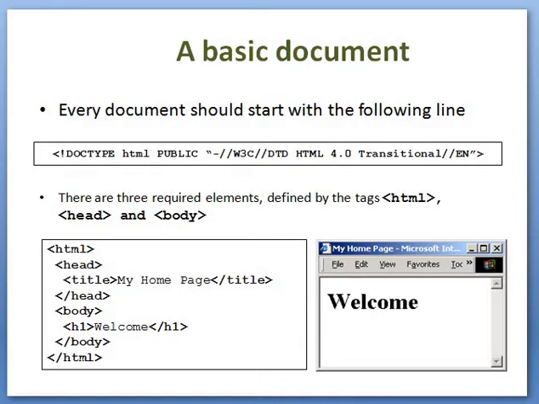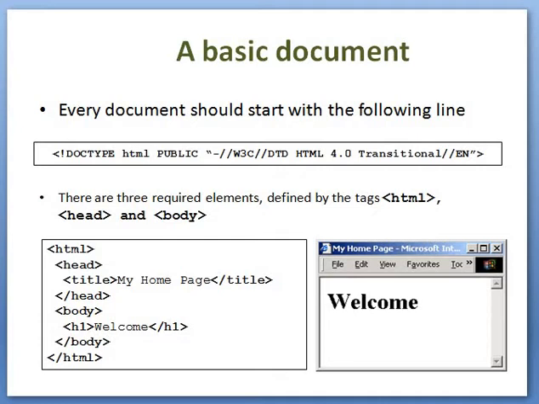Now we see a simple HTML page example code. For creating a simple web page with the content welcome, we need three tags. Every HTML document starts with the html tag and ends with /html. Then comes the head tag. Inside the head tag, we can use the title tag to mention the title of the page.